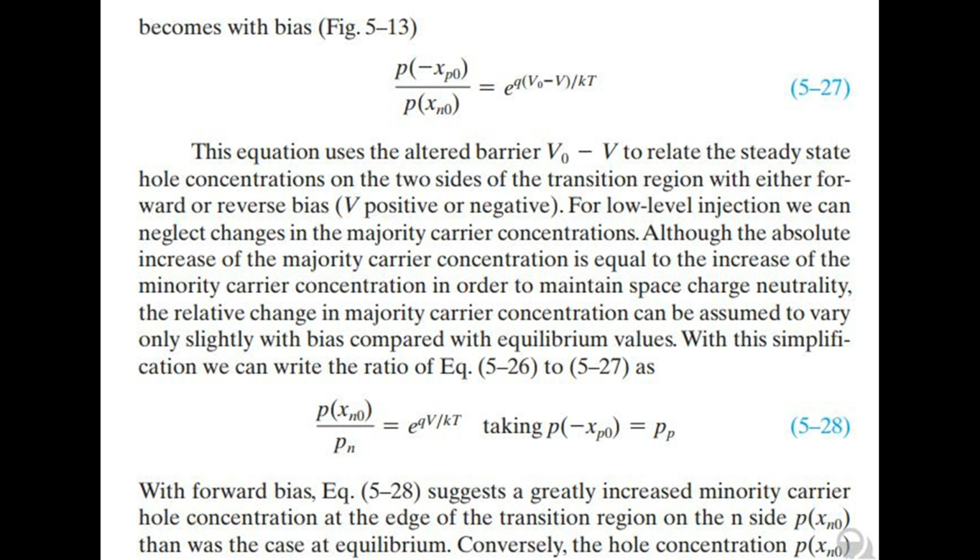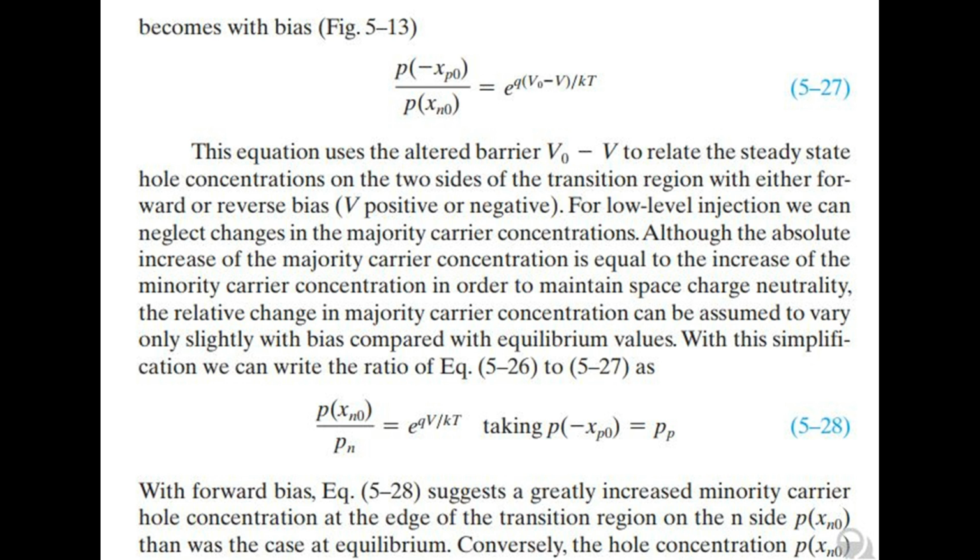For low-level injection we can neglect changes in the majority carrier concentrations. Although the absolute increase of the majority carrier concentration is equal to the increase of the minority carrier concentration in order to maintain space charge neutrality, the relative change in majority carrier concentration can be assumed to vary only slightly with bias compared with equilibrium values. With this simplification we can write the ratio of Eq 5.26 to 5.27 as